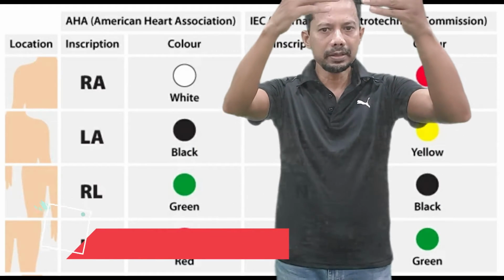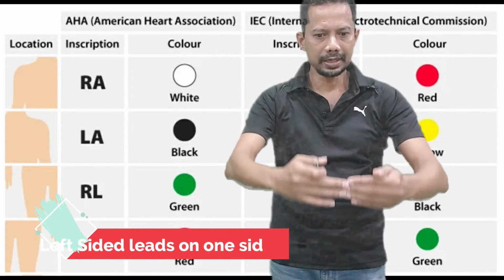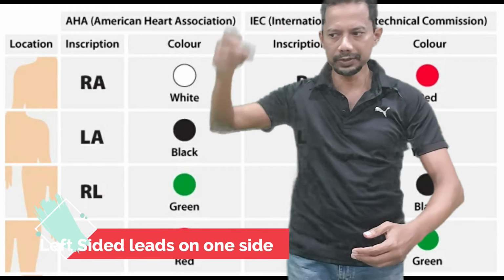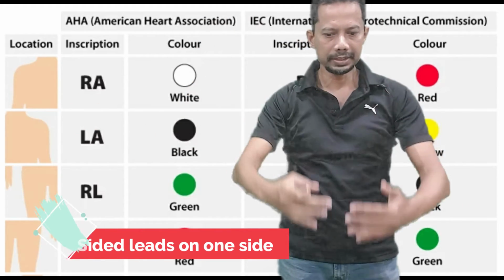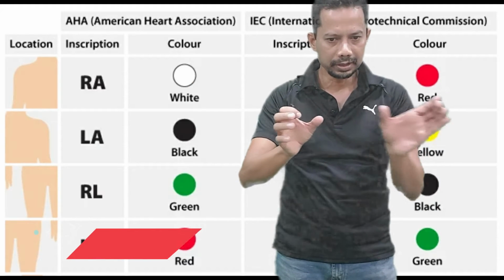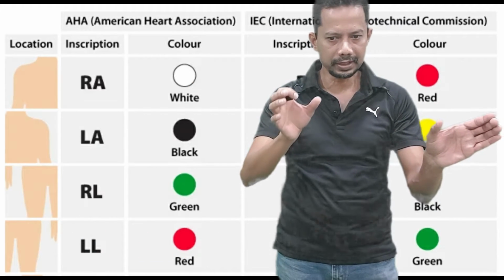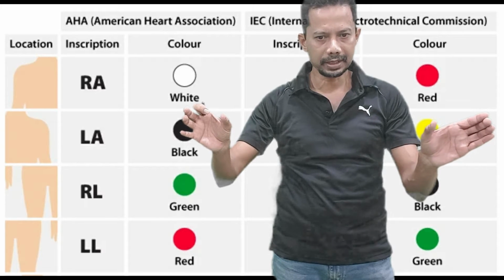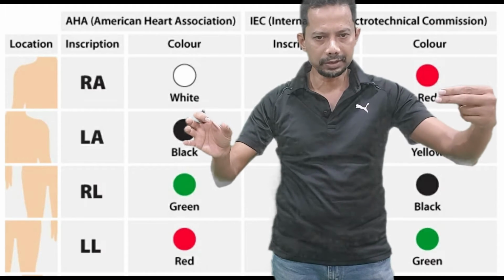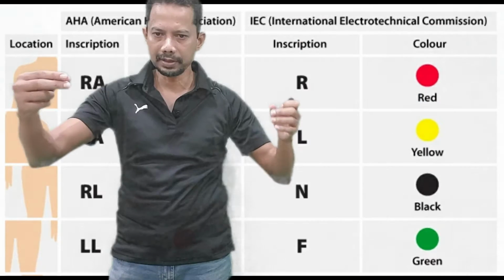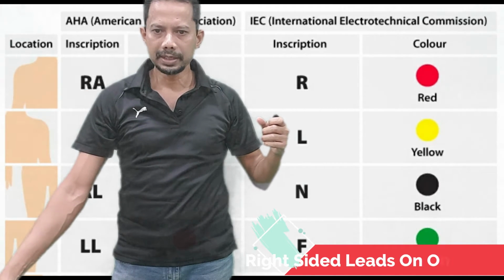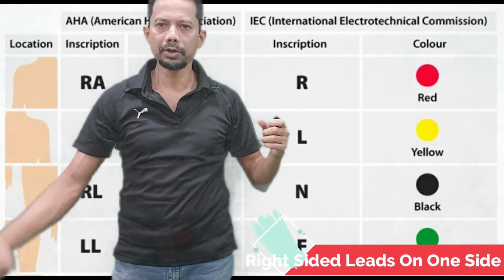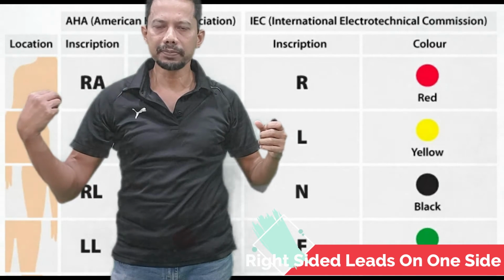If you hang the leads like this, there's the main cord which is going to the ECG machine, and all the leads are hanging. So this will be for the left side, this will be for the right side. So 2 leads on the left side, 2 leads on the right side. So green for left leg. So one lead goes to the left leg, and the other lead on the left side automatically means it will go to the left arm.